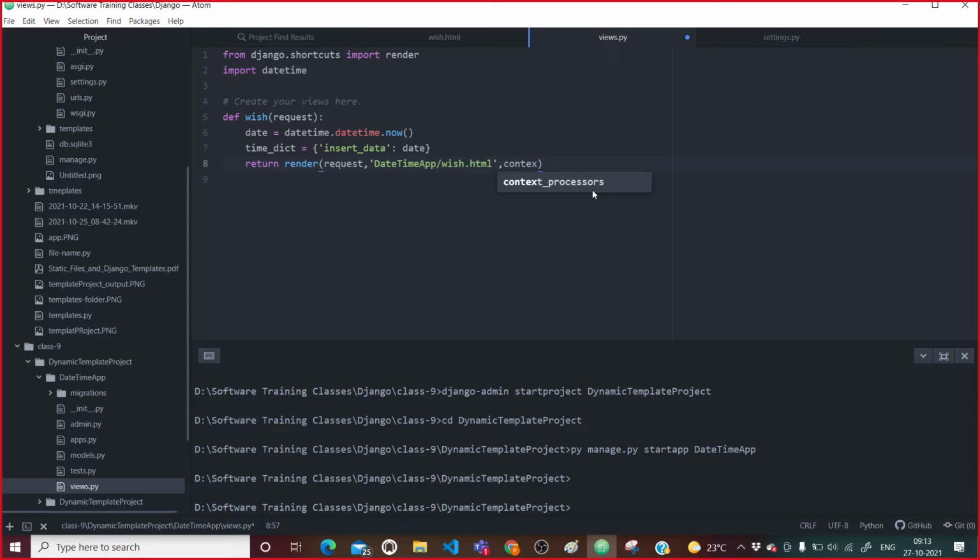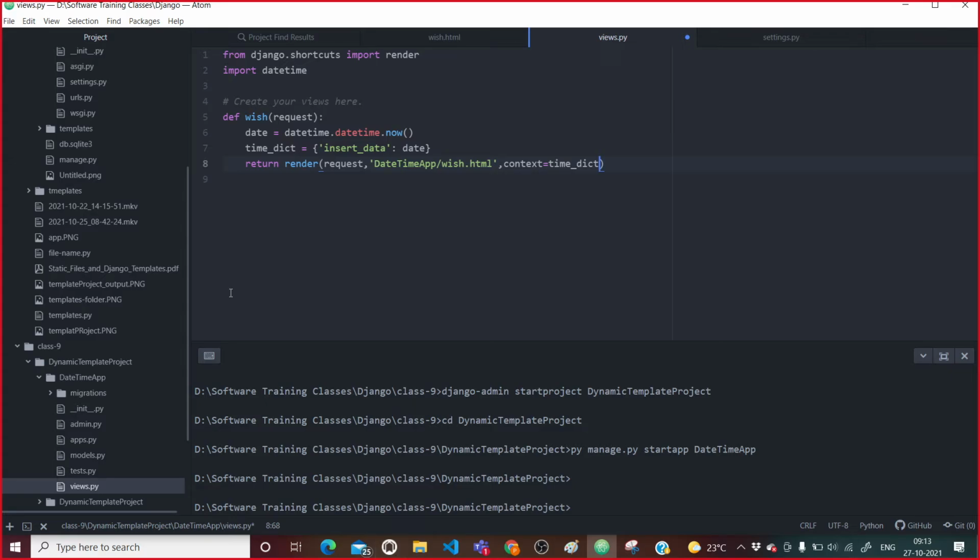This context is going to tell that I will have one time dict variable, which will be passed into vis.html.